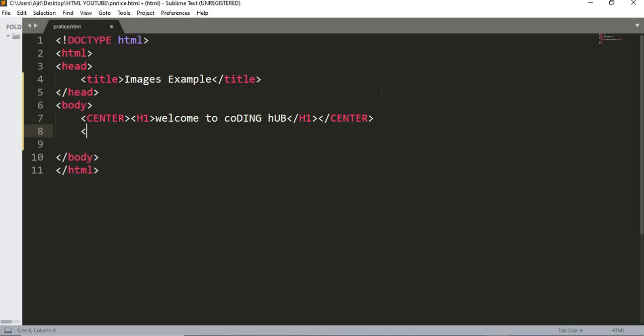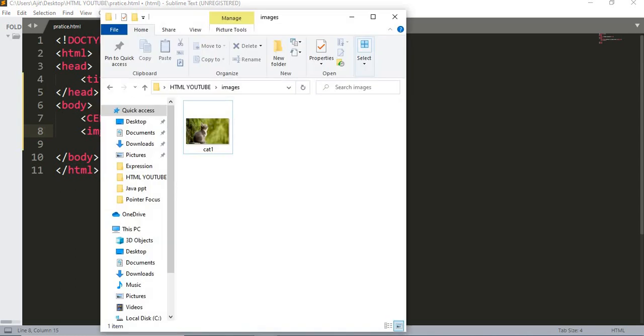img is the tag which will be used for images, and src is the source where your file is located, so it acts as a reference. Where your file is located, that location you have to give. Our file is in the images folder, and within that we have cat1.